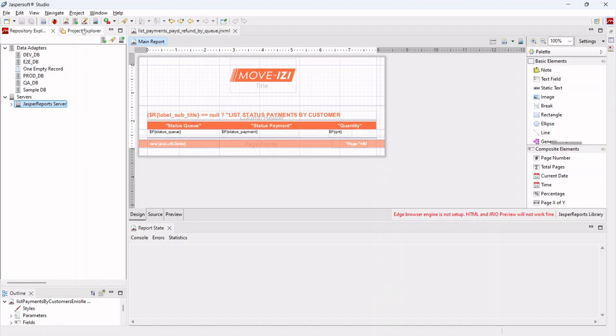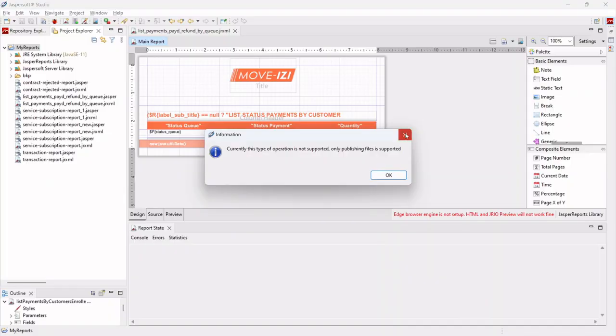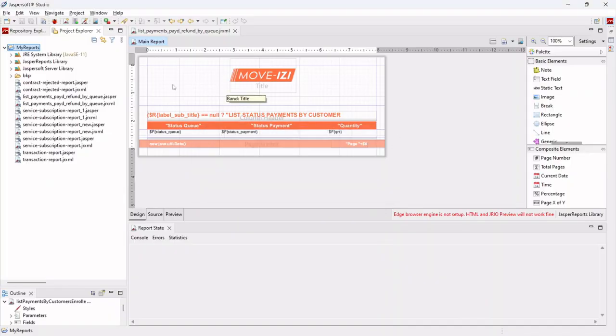So, and after you create your report, you can click here on publish. Okay, you can click here on publish to build and deploy this file inside the JasperReports Server. Okay. Yeah. So